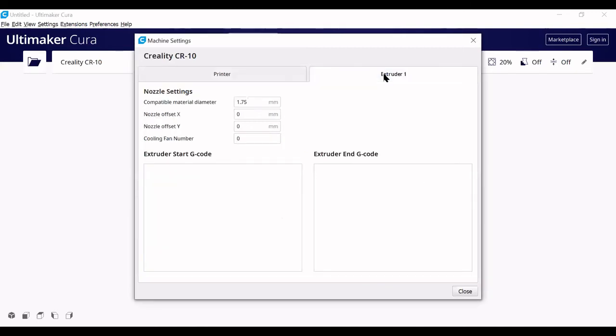Then if you go to the extruder, you can see the diameter of the material here. In all low end machines you will normally have 1.75 mm. If I go for Ultimaker, I can see some 2.85 mm diameter. So this is very important: whatever material you have, you have to choose that. By default, if you choose a printer here, the system will take the default wire diameter. Wire diameter means the filament diameter here.